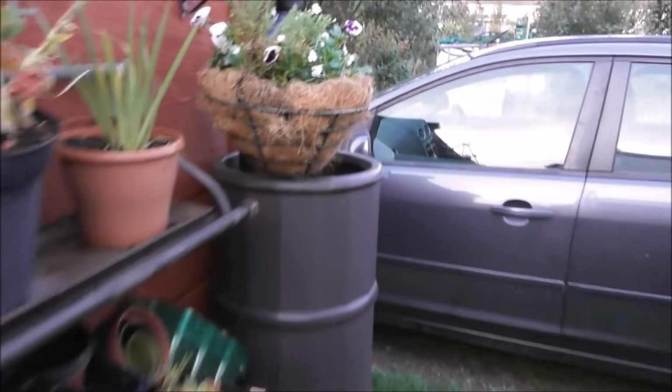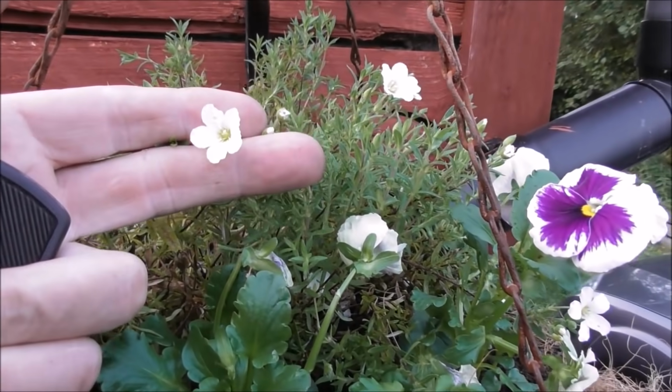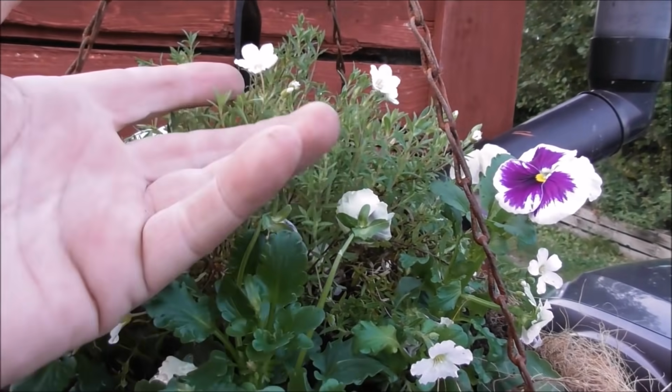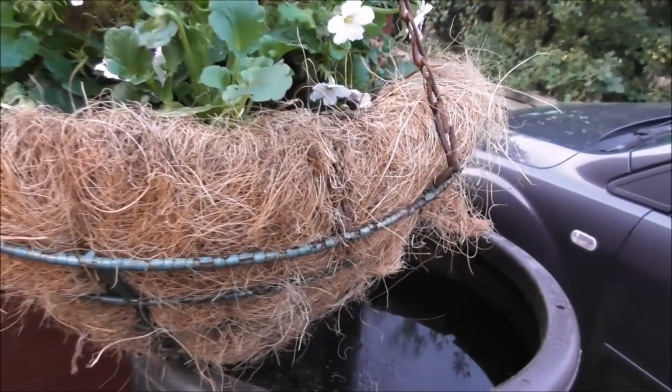Then we've got more pansies here. I'm not too sure what this one is here. I forget what that one is. When I bought these trays, there were no labels on half of them, but I just like that particular flower, so I thought we'd get it. Anyway, we've got the new liner for this, and when you come round here,